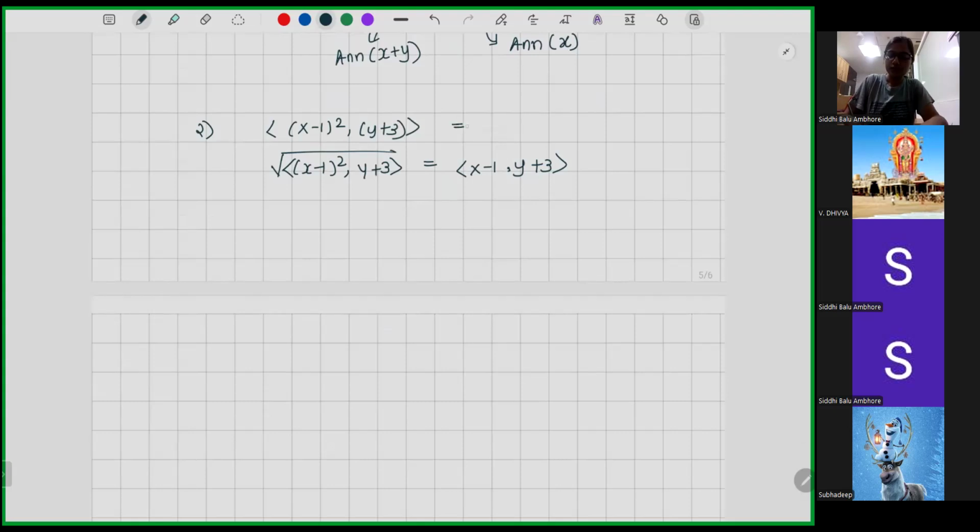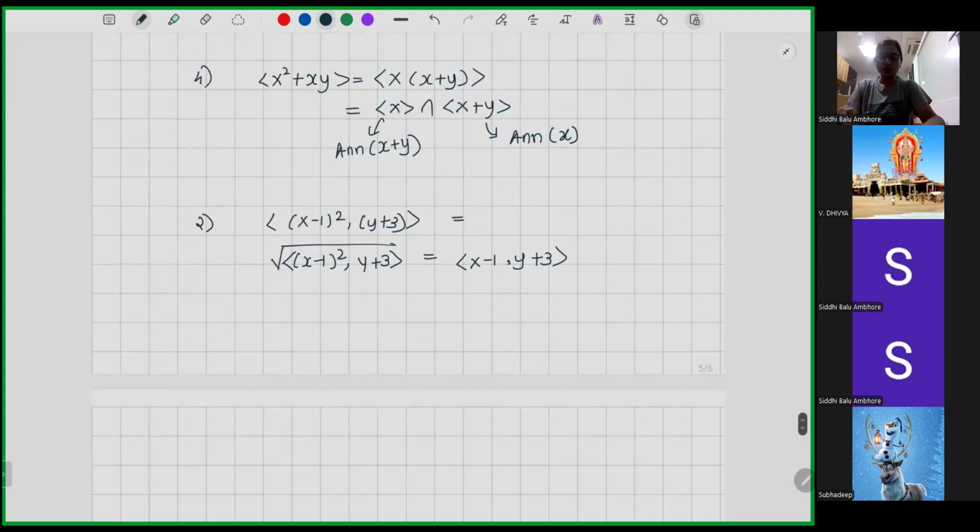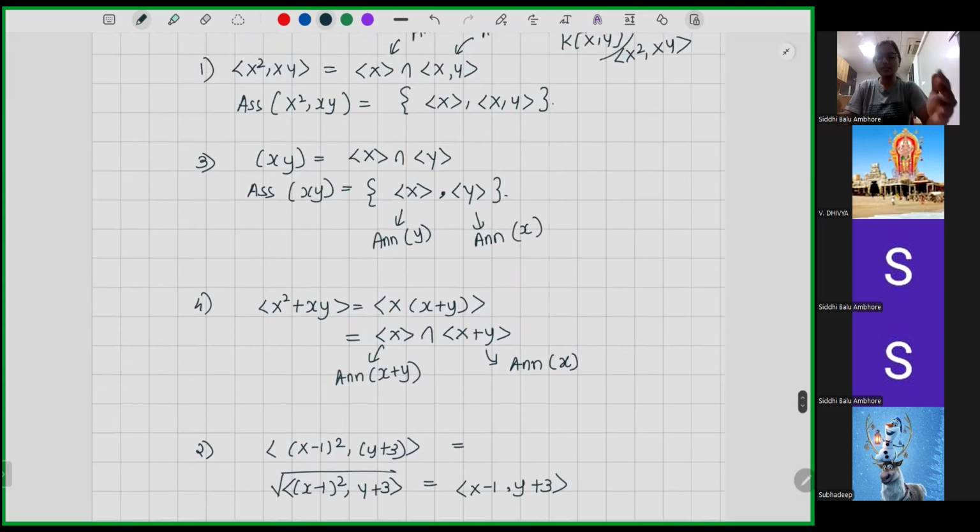And we can't split this ideal into two parts. So associated primes are actually radicals of elements in the primary decomposition. So if I am writing I to be